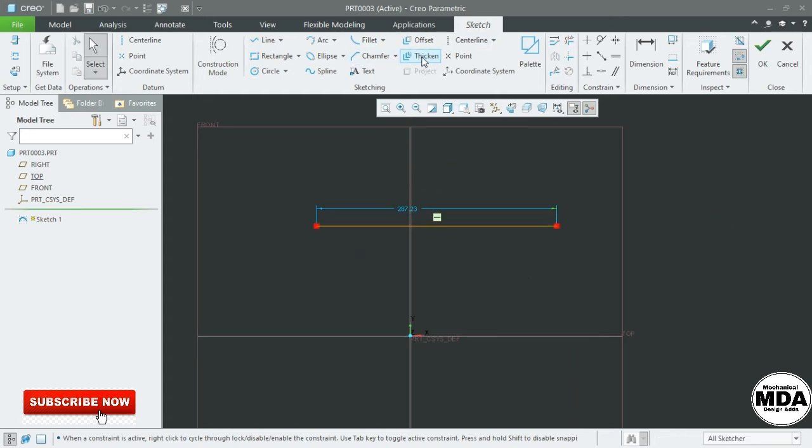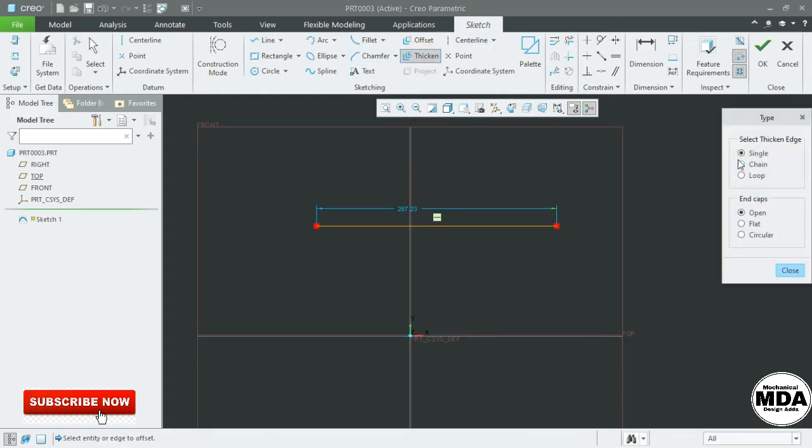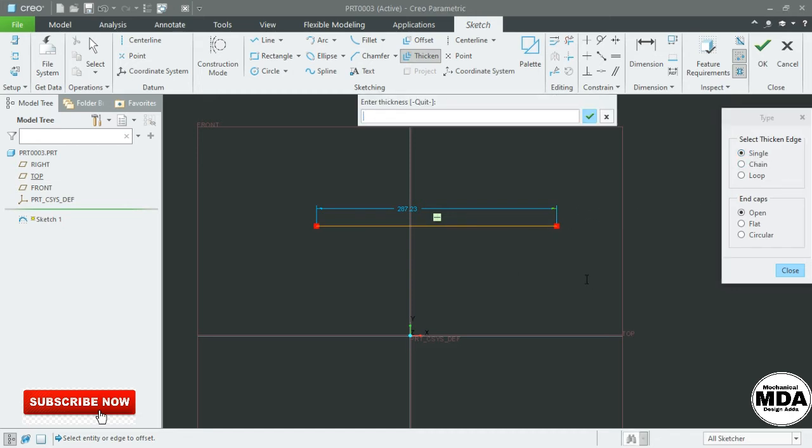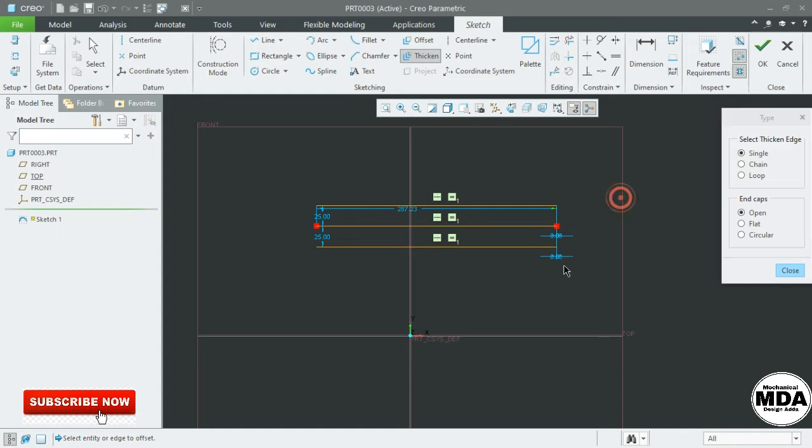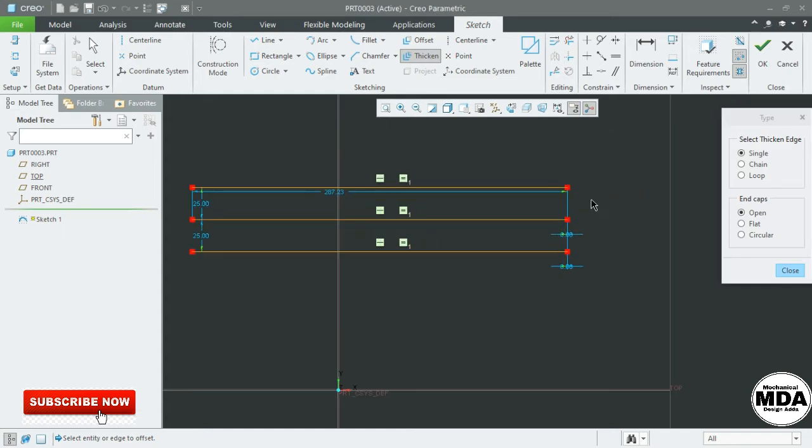So next one we have a thicken command. For the thicken command, select the single entity, and here I am selecting open end. So you can see the difference, 50 mm thickness and here 20 mm from middle. So here you can see that from that middle line there is 50 mm thickness created.